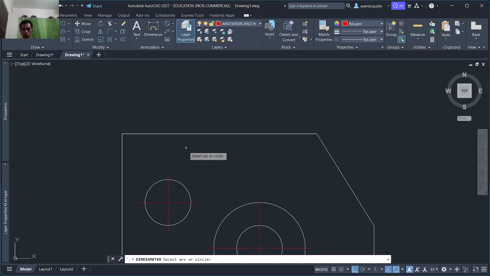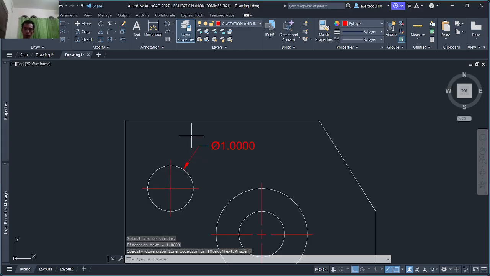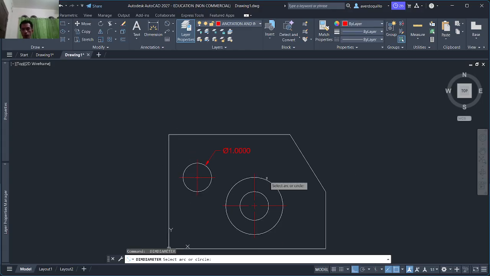I take a measurement first of this one. This one as well.